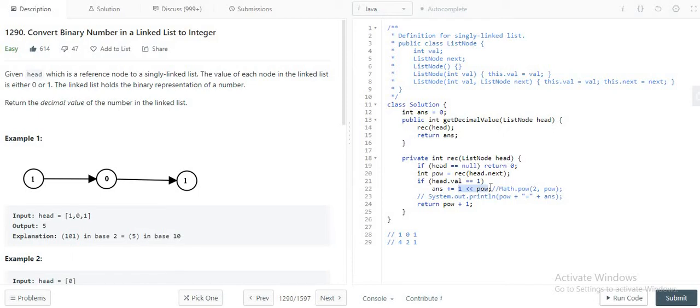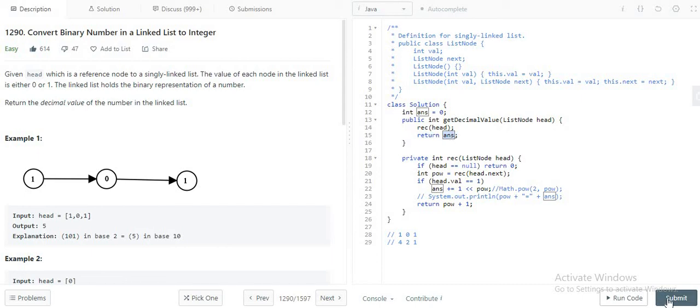Again it will give the same value, because it is a left shift operation. So your 1 will be over here now, and its value is 4. So 4, and the initial answer value was 1. So 4 plus 1 is 5. Next it will just increment the power value by 1, so it will become 3. But there are no more function calls in the stack, so it will get out of this function and come to this line now. Finally we are just returning the answer value, that is 5.